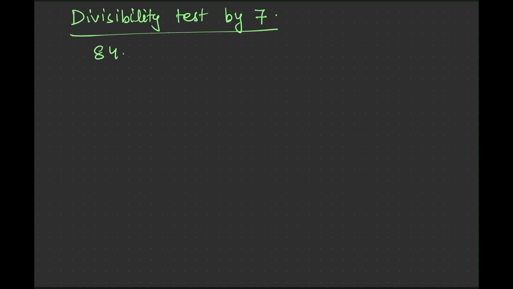Divisibility test by 7. So if any number is divisible by 7 or not, we will check its divisibility by 7. For example, 84. So what is the process? So our step 1 is